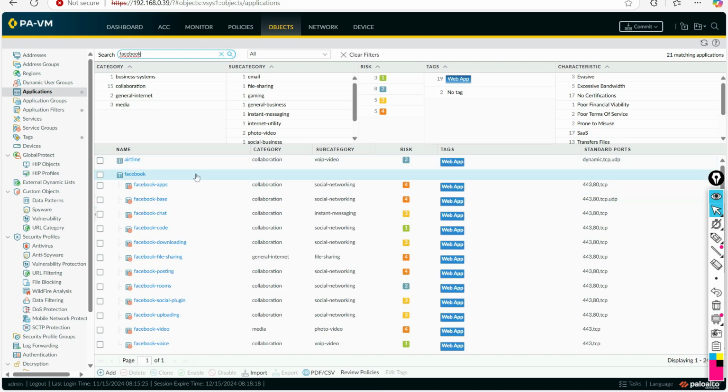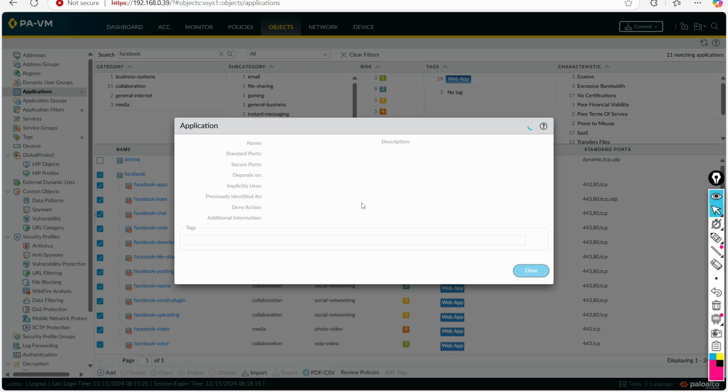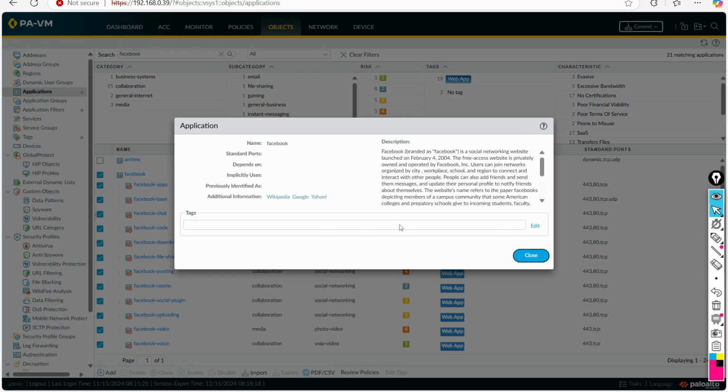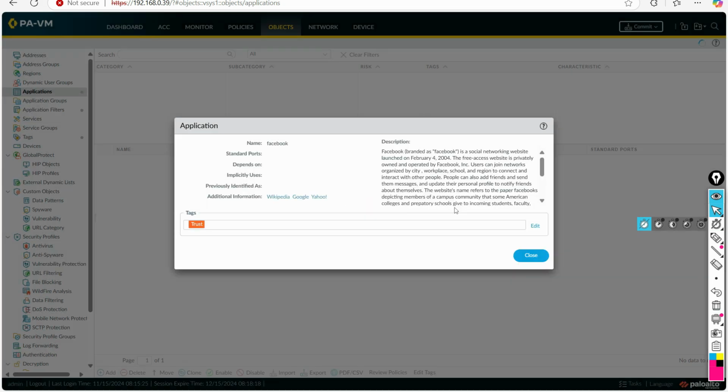so that it will be understood. So they already tagged Facebook as a web app. I will edit it and apply the tag that we just created, Trust. In the beginning, in the App-ID discussion, we discussed sanctioned applications, tolerated applications, and unsanctioned applications. We can mark those types of things here also. So in my case, I just tagged this one as Trust,